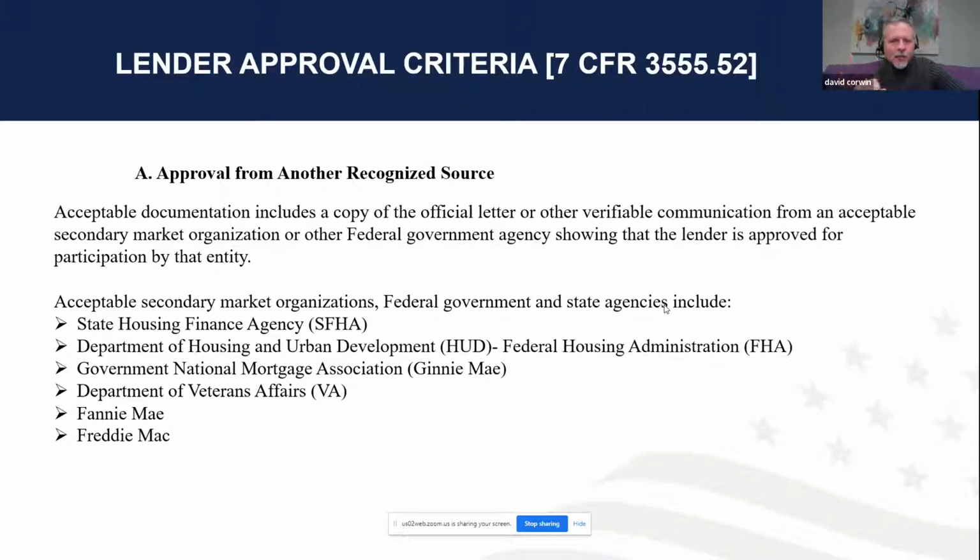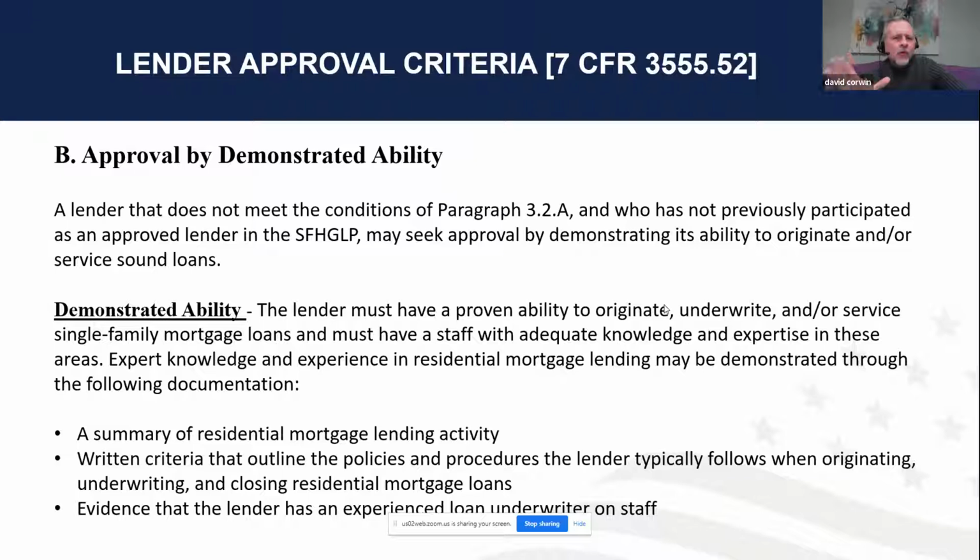So any of the other programs out there, if you're already approved, that's going to get you right in the door. Approval by demonstrated ability. So again, we'd look at things a little closer and see that, okay, well, you have a track record of being able to originate and underwrite and service loans. And you see the history of that, written criteria that outline your policies and procedures, and evidence that you have